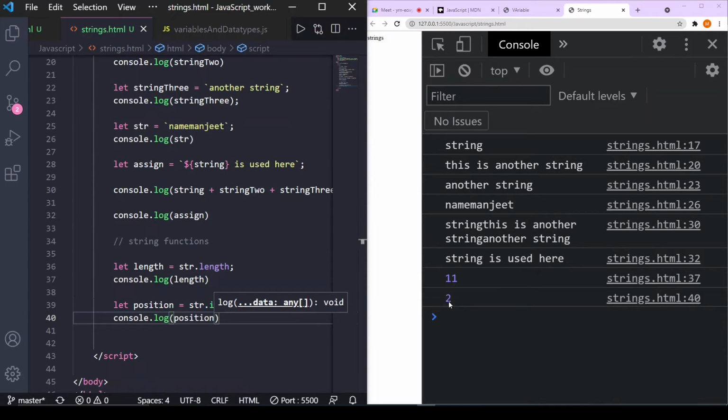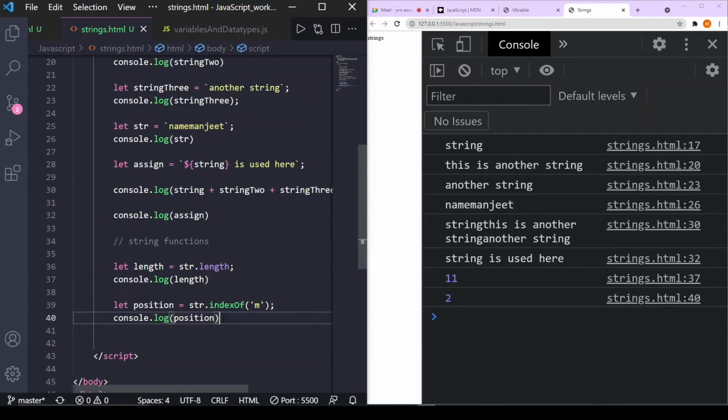So it has shown 2, like 0, 1, 2. And this is also one thing: in case of a string, the counting starts from 0. Basically, the index of anything, like for array or string, starts from 0. Like we count from 1, but in case of computers, they count from 0. So it is shown in the output. Now you will say there are two m's. How will we use the index of this second m?